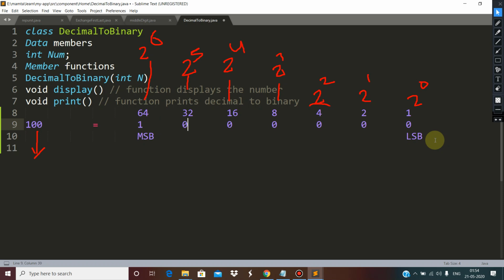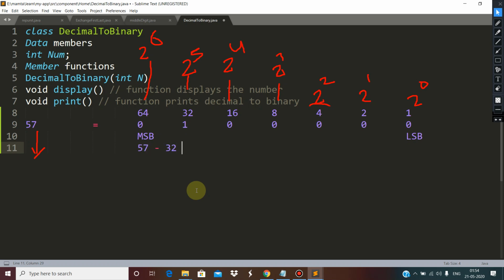We have made all these values 0, and suppose here the value is 57. So I would like to convert this 57 into binary. We cannot record 1 here because it is equivalent to 64. So then what we will be doing, we will record 1 here, which is equivalent to 32. So now 57